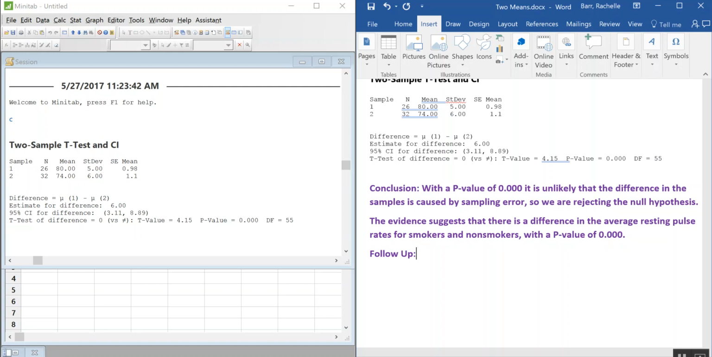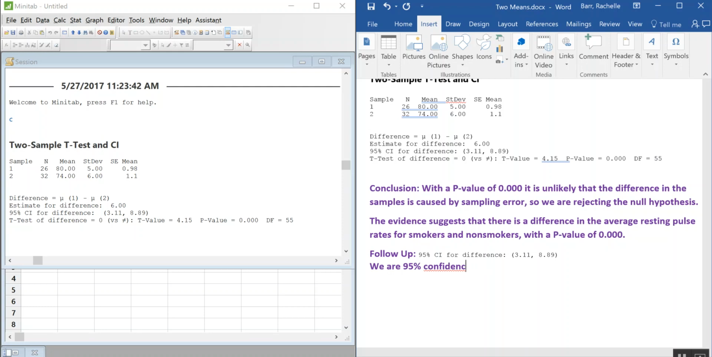Okay. A little bit of follow-up. We're going to look at the 95% confidence interval. So I'm looking specifically at this part right here. And then I'm going to use that to draw some conclusions about what the actual difference is. So since this is always positive, we know that the first value is actually larger. And by how much? About this much. So we are 95% confident